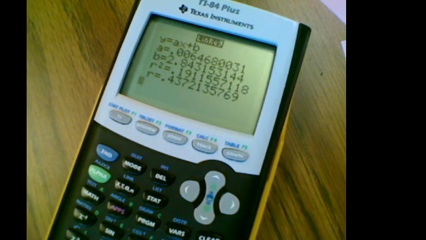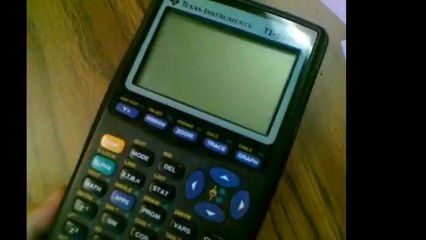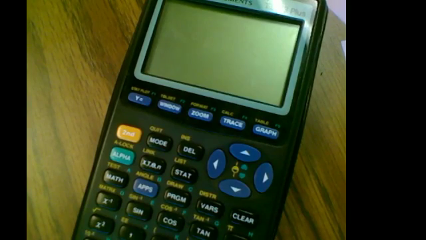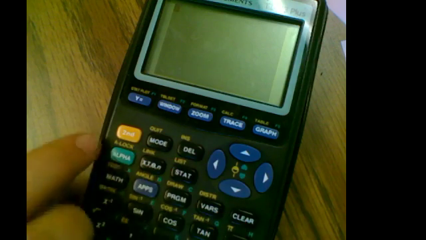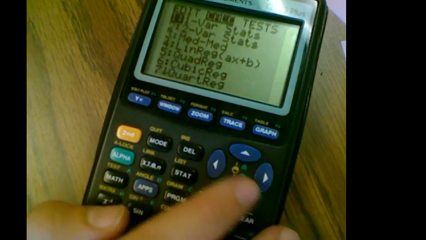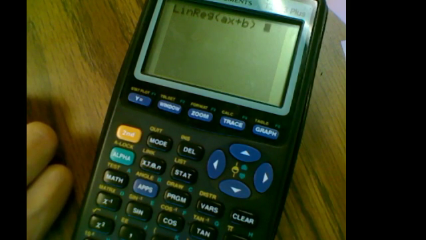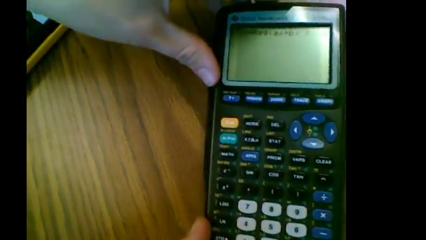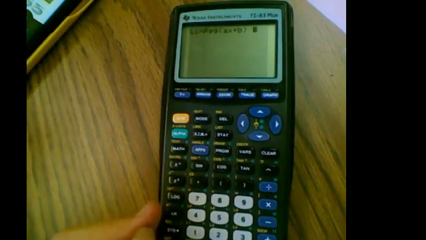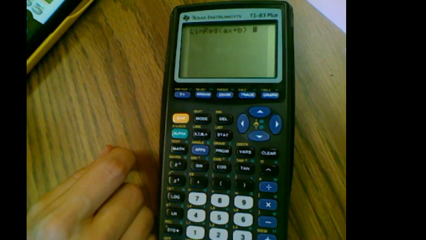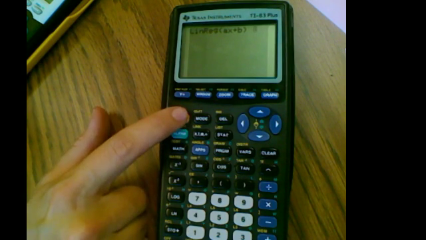If you have a black calculator, the steps are similar. You're still going to enter your data in the same way as before. Everything is the same except once you get out of your list and go to Stat, you still arrow over to Calc, you still arrow down to LinReg. But you don't get that handy dandy little menu. So we have to tell it what to do. For you to do this, you're going to put in your X list first. That's your default L1, so I would do Second 1,